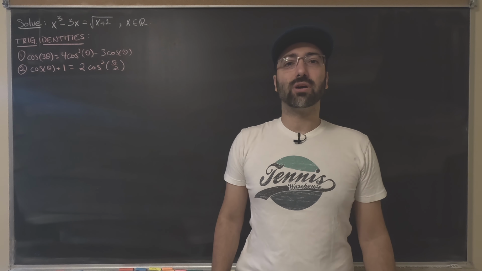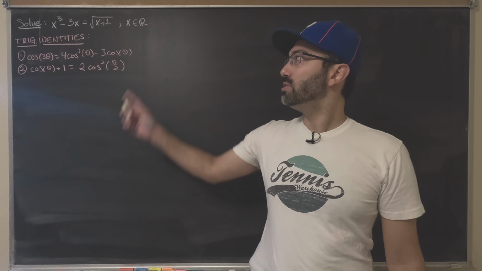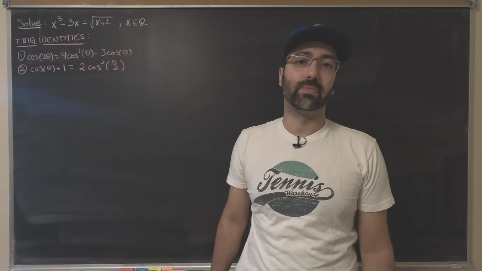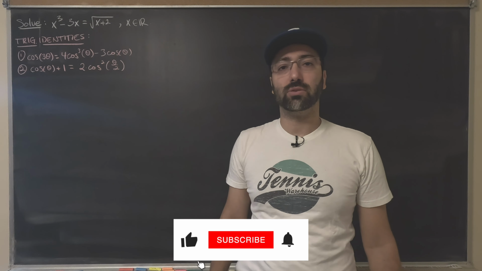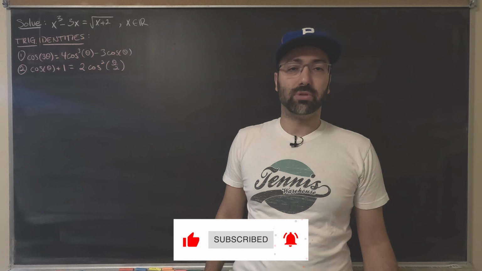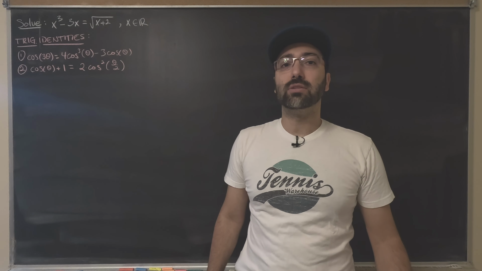Hi, today we're going to solve an interesting equation. The equation is x cubed minus 3x equals the square root of x plus 2. And we want to find real valued solutions for x. Now, along the way, we're going to make a trig substitution, which will then lead to having to use some